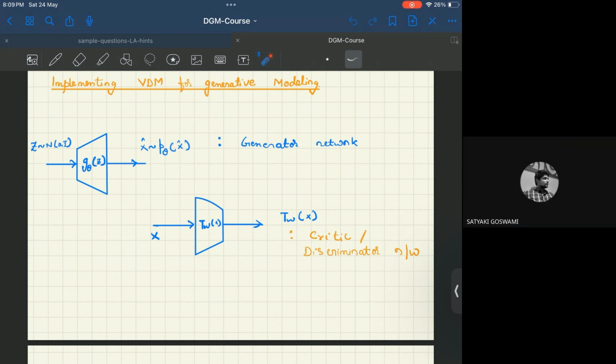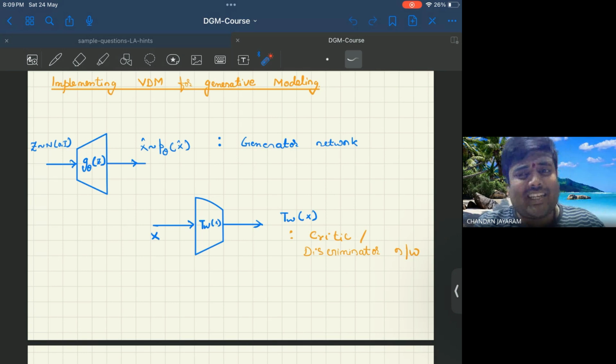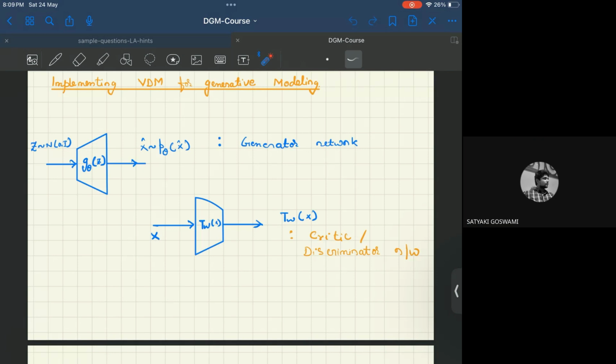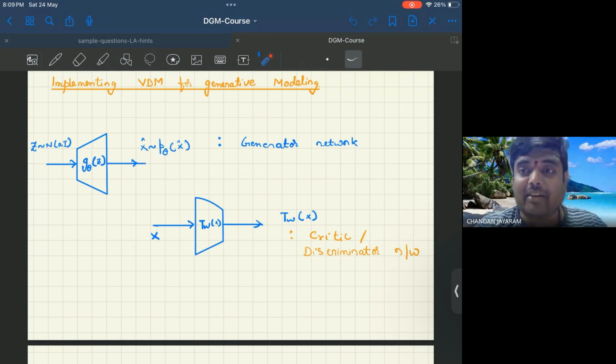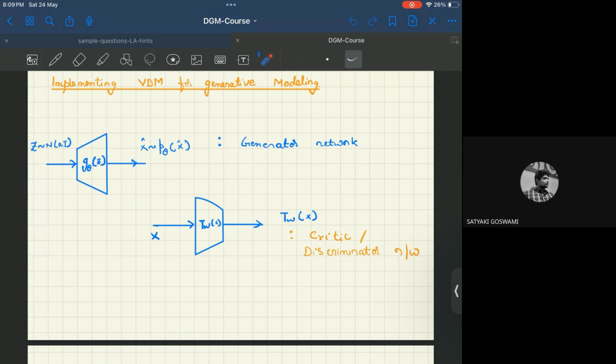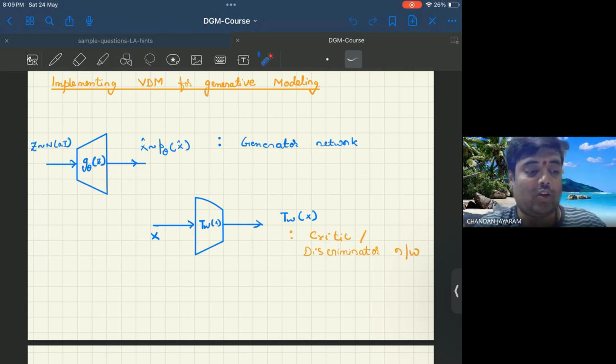Sir, just out of curiosity, you mentioned critique network. Does it have anything to do with the actor-critic model from reinforcement learning? Not that I am aware of. The reason it is called a critique network is that it is able to say whether something is good or bad. What does a critique do? A critique will say whether it is good or bad. The critique will also discriminate between what is real and what is not so great. That is what this particular thing is.